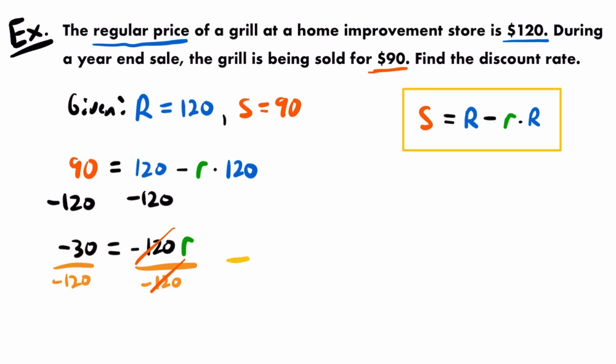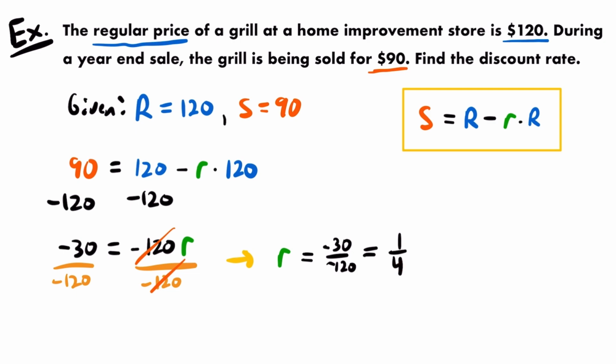120. So I'm going to continue that work over here, and I'm going to flip the two sides of the equation here. Instead of having this fraction equal to R, I'm going to have R equal to this fraction. I'm going to write it like this. We'll have R is equal to negative 30 divided by negative 120, but both of those numbers are divisible by negative 30. Right? Negative 30 divided by itself is 1, and negative 120 divided by negative 30 is positive 4. So we have negative 30 divided by negative 120, which reduces to 1/4,